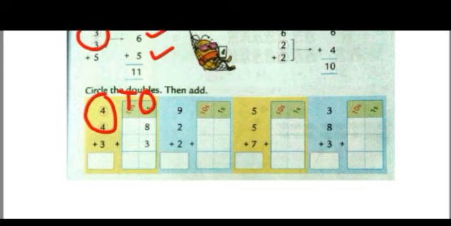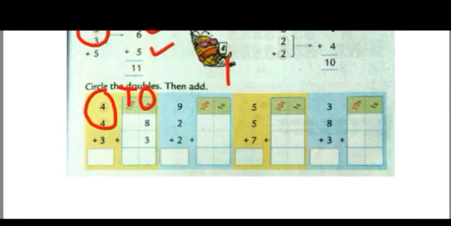3. Again, 3 is a one digit number. It will be written in the ones column only. Now we need to add these two numbers. 8 plus 3 is how much? You can count forward 3 starting from 8. 9, 10, 11. So see, we will not write 11 together in the ones column. We will regroup it. This 1 will be written in the ones side and this 1 will be carried to the tens column here. Okay.